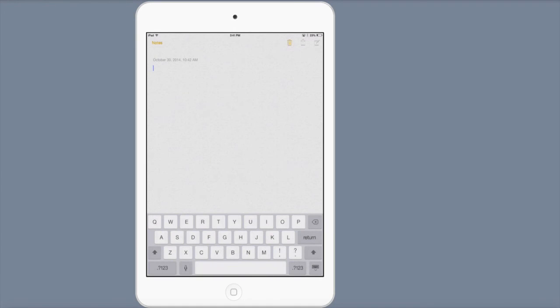Another cool feature that is built into the iPad, the iPad mini, and the iPod Touch is not in the accessibility features, but is universal, and that is using your voice to type for you. You simply pull up the keyboard in any application that you want to type, and you press on the microphone in the bottom left-hand corner, and then you speak and it will type for you.